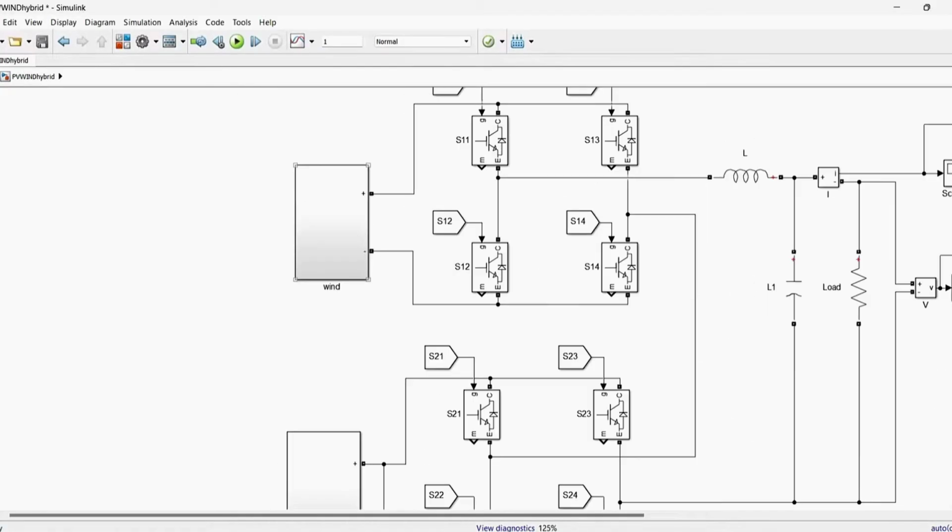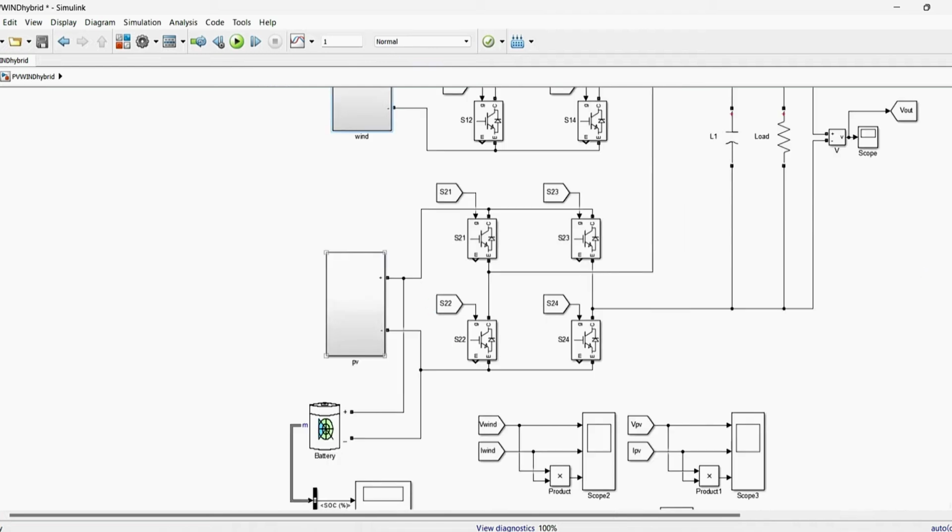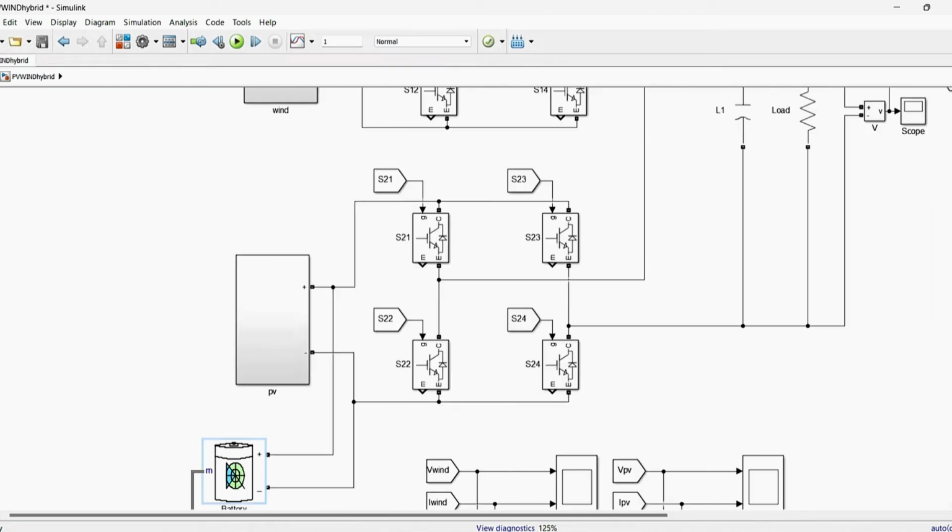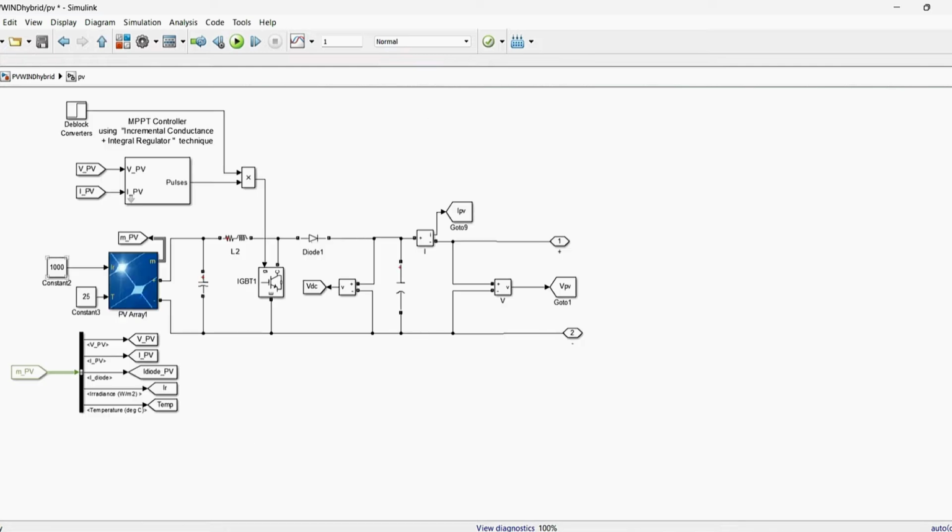Here is the hybrid circuit, where you can see the wind and the solar. This is the PV and this is the wind, above and below. I am connecting one battery here to balance the load and source. First of all, go to PV, where I am taking one solar PV array with radiation and